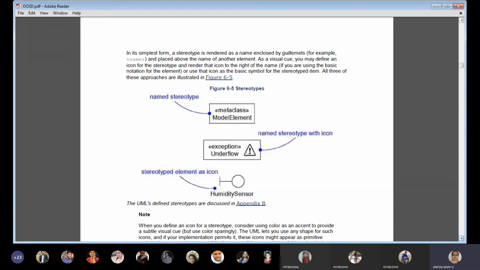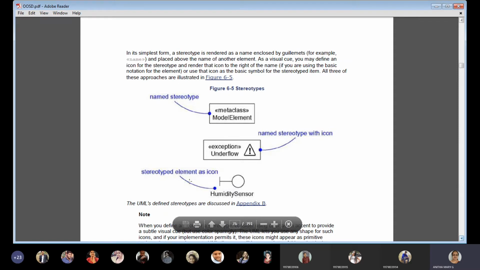You can also use icons like this. Concentrate on the mouse cursor here, the second one in the display. The second, named stereotype with icon, means not only is the stereotype given for a particular class, but an icon can also be given.